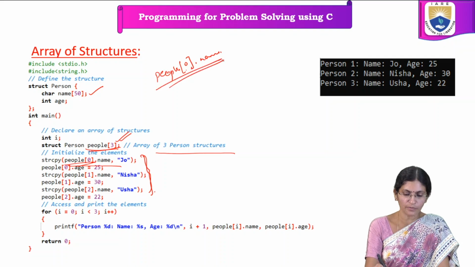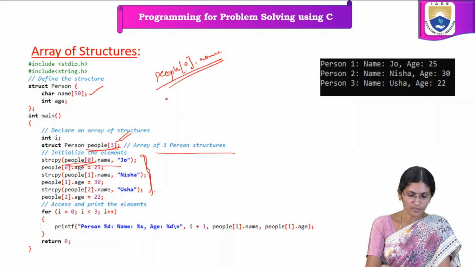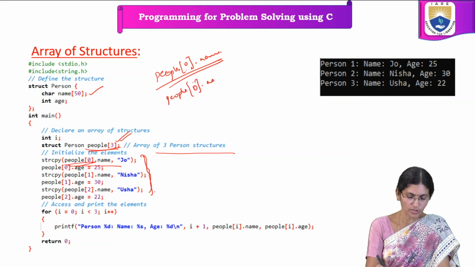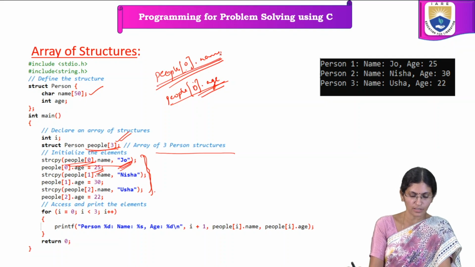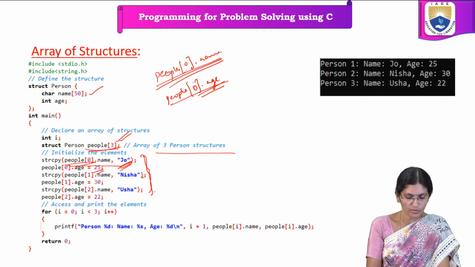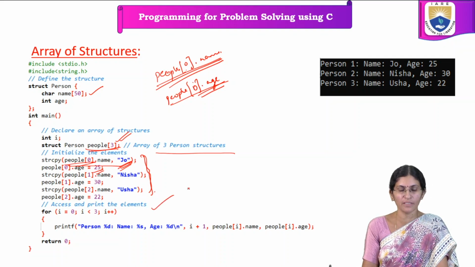This will give the first person's name, and people[0].age will assign the value 25 to the first person's age. This is the name of the person which is assigned to people[0].name. In this way we can assign all the values, and then in order to access and print the elements